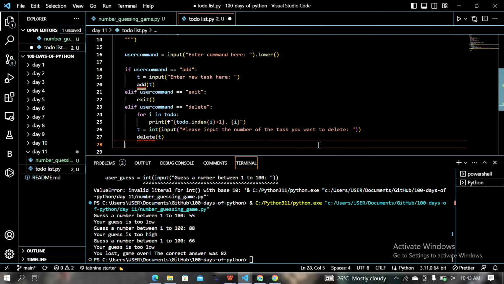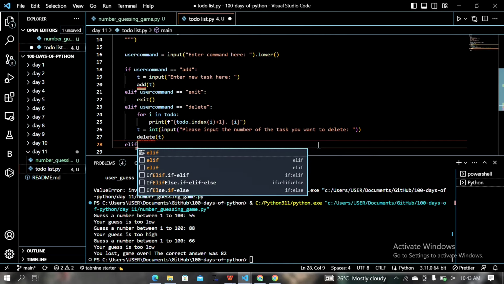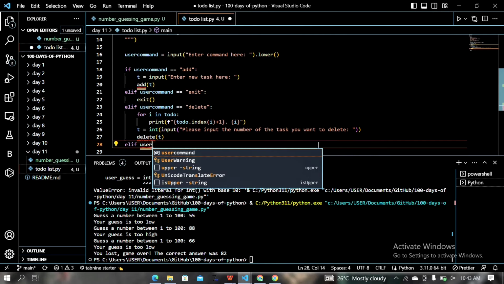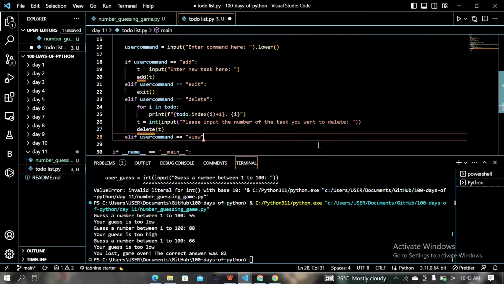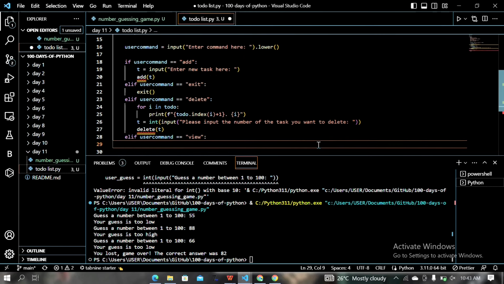view. Now I know you're saying, okay, well, if this is the last one, why didn't you use else? We'll do that shortly. The else is going to handle if the command the user inputs is an invalid command. So else view, we'll just call the view command,